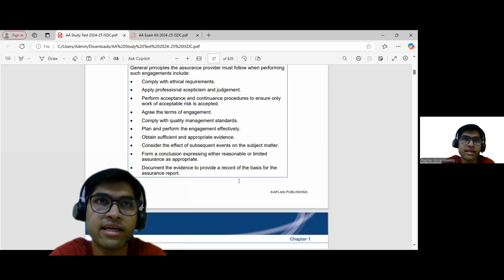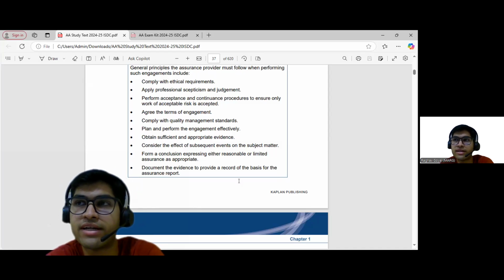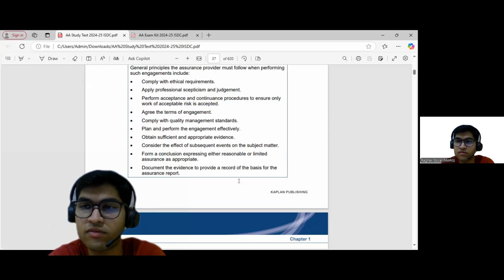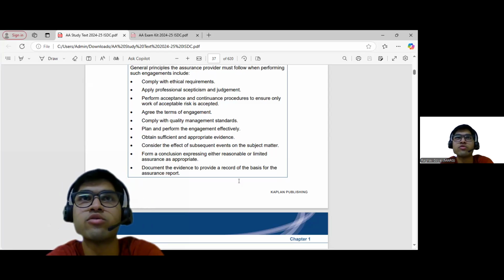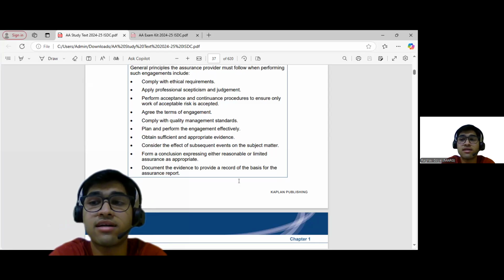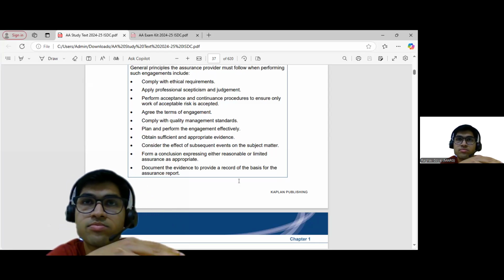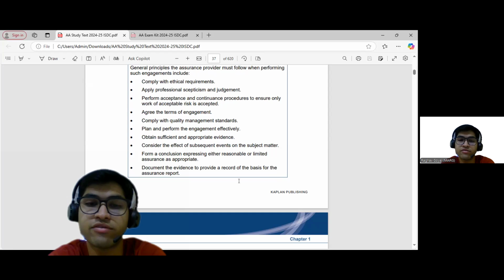For example, they are taking market value of inventory to be lower than their cost. The net realizable value is less than the cost, then they would have to record it at that. But there is a chance that it's higher than the cost itself. So we would need to analyze that further.